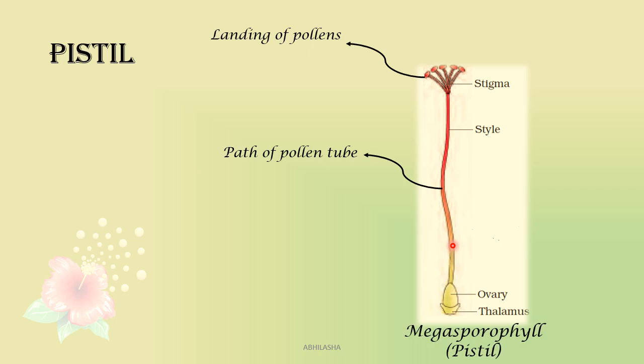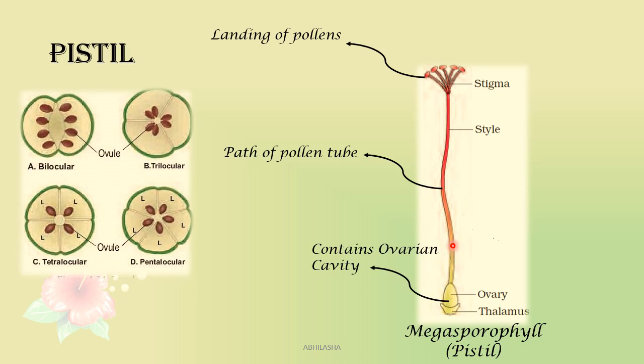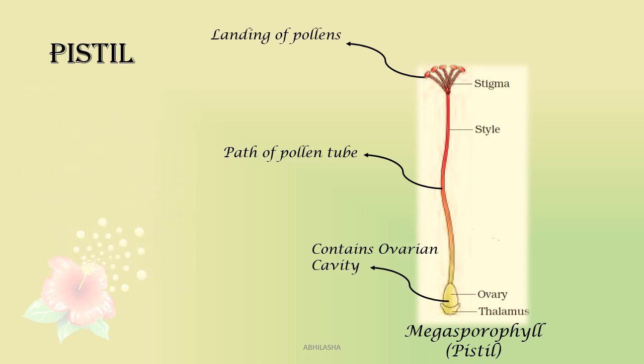The ovary contains the ovarian cavity with placenta. You've studied about placentation last year. So inside the ovarian cavity are locules containing the ovules. Now these locules may contain only one ovule, as in wheat, rice or mango, or they may contain many, as in papaya, watermelons or orchids. These ovules are the megasporangium, inside which megaspore will be formed.